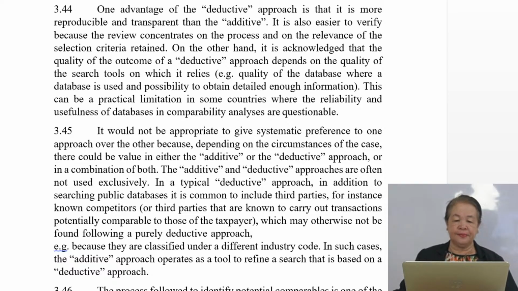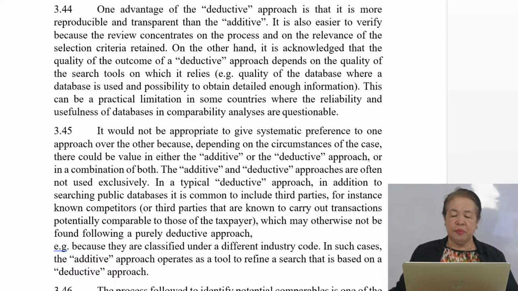So, ulitin ko lang ha. On the other hand, it is acknowledged that the quality of the outcome of a deductive approach depends on the quality of the search tools on which it relies. No? For instance, quality of the database where a database is used and possibility to obtain detailed enough information. This can be a practical limitation in some countries where the reliability and usefulness of databases in comparability analysis are questionable. No? So, yung